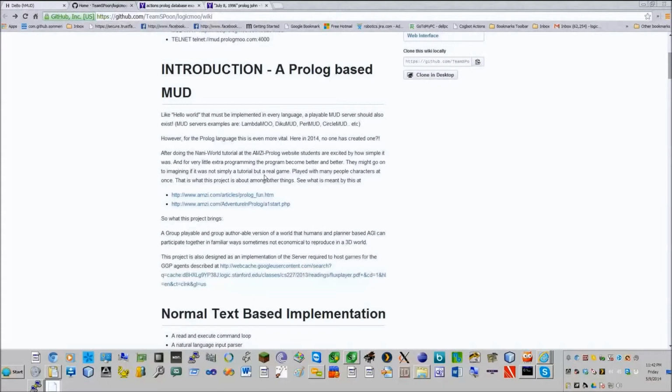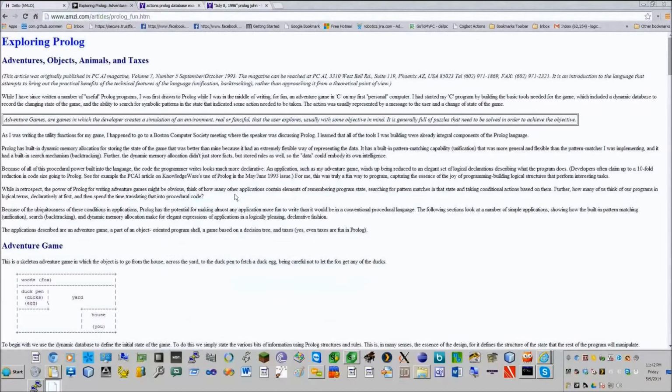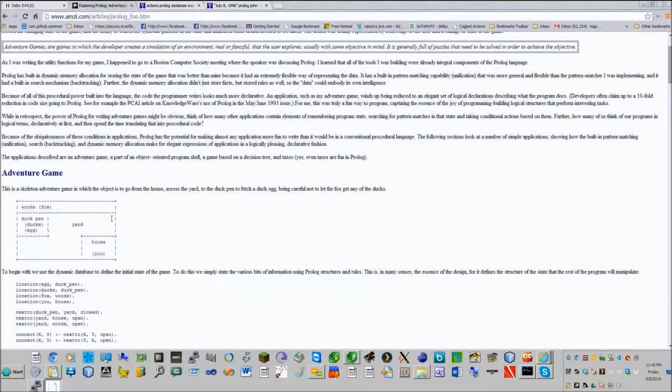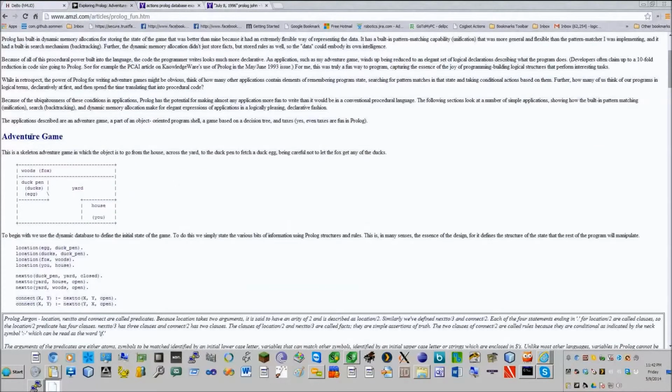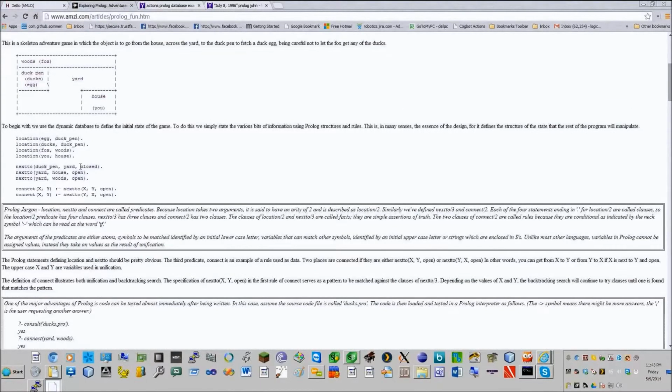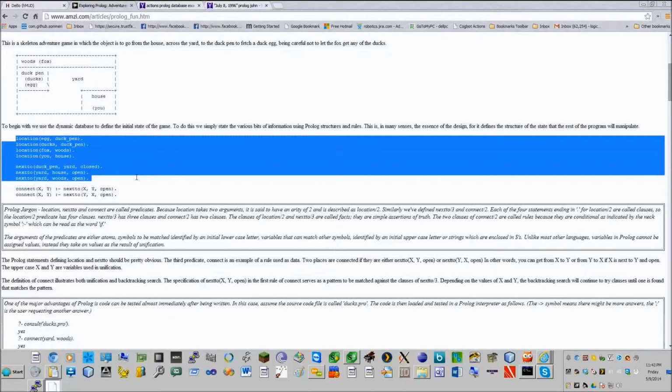These are on the AMSI website. We didn't write these. These were written in 1993 and published in PCAI magazine. What a lot of people who have done this tutorial realize is how perfect Prolog is for interactive fiction. And proof of that is the declarative nature that we see in these database predicates,